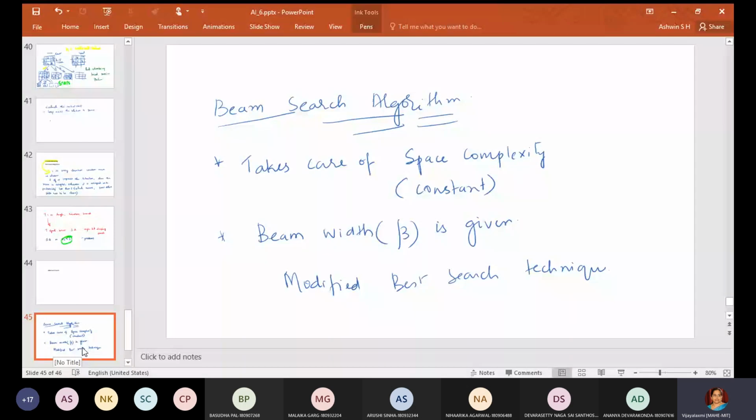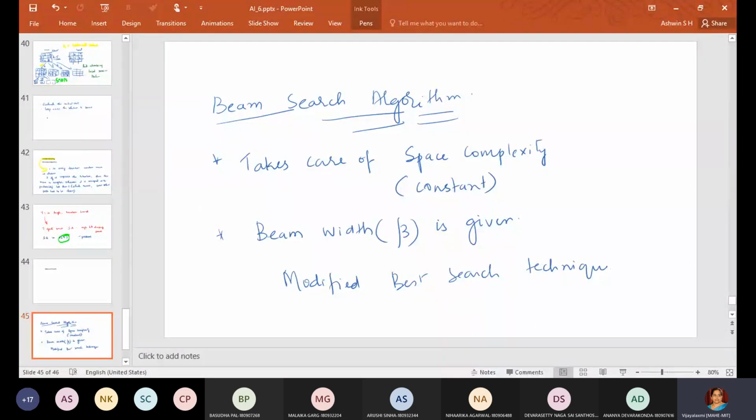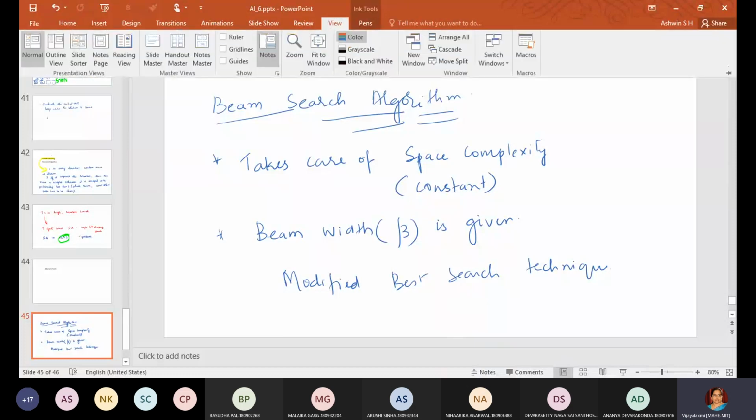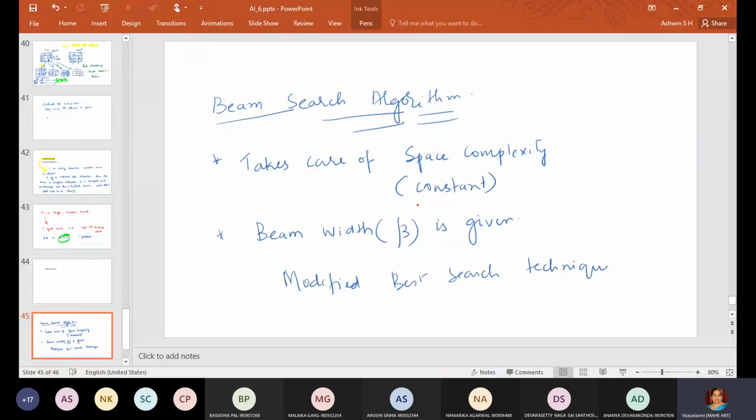Okay, I will just tell you what is the use of this beta here. It is similar to best search technique, but sometimes you will be given beta is equal to 2, or some books they'll write n is equal to 2.